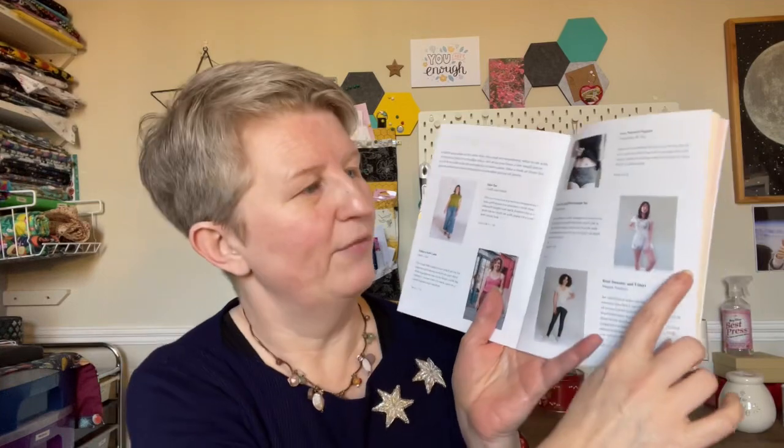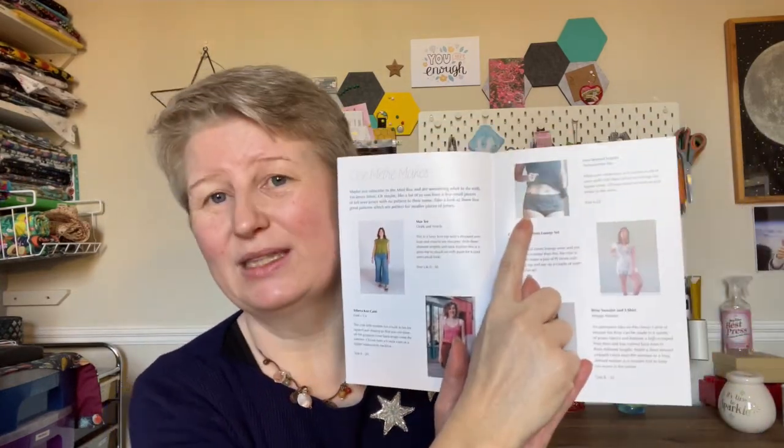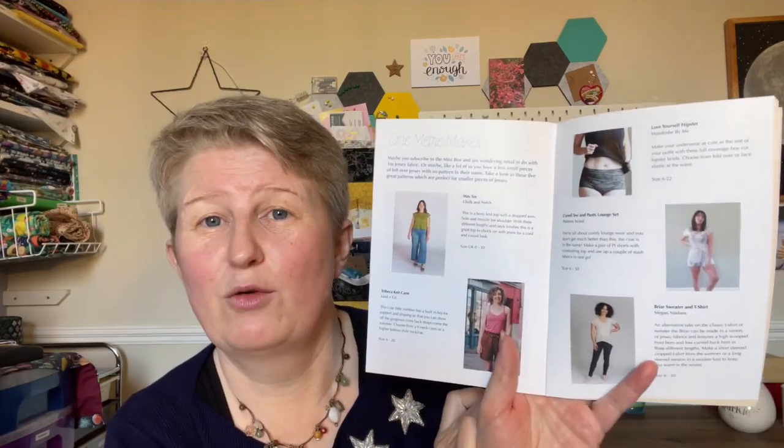In fact, that would look really nice in the cherries, a kind of shorty pajamas for summer. And then some hipster pants. I was actually looking for a pattern for hipster pants. What I've done is I've just altered the Acacia ones to make them more hipster. That seemed to work okay, but it's nice to see different patterns. So yes, great. And then you've got the three boxes, three makes, and you've got the lovely Esther there